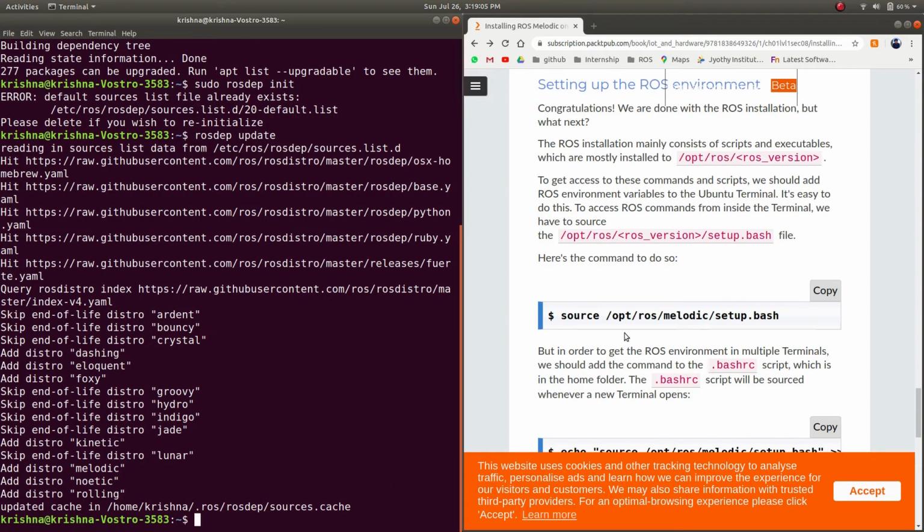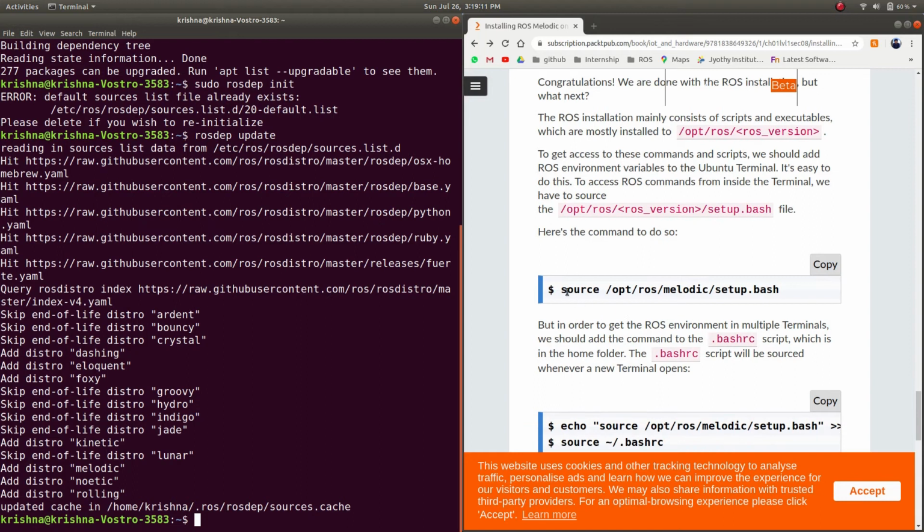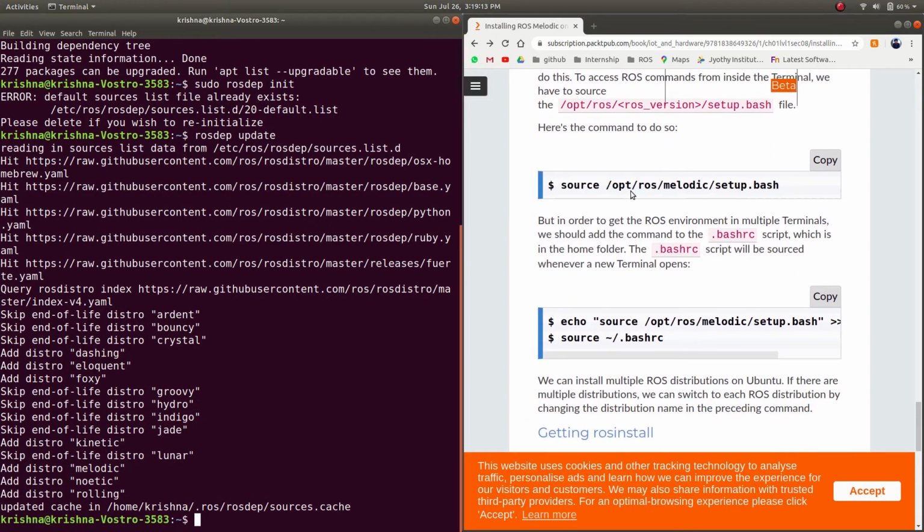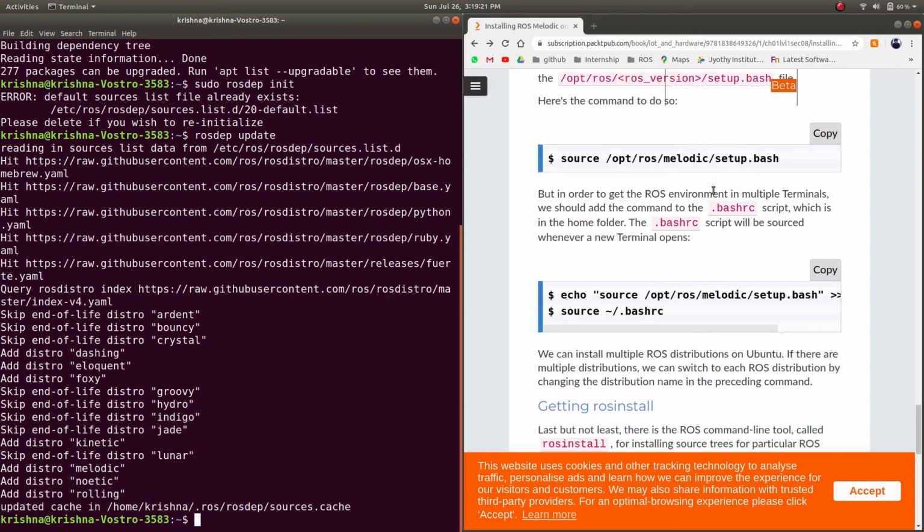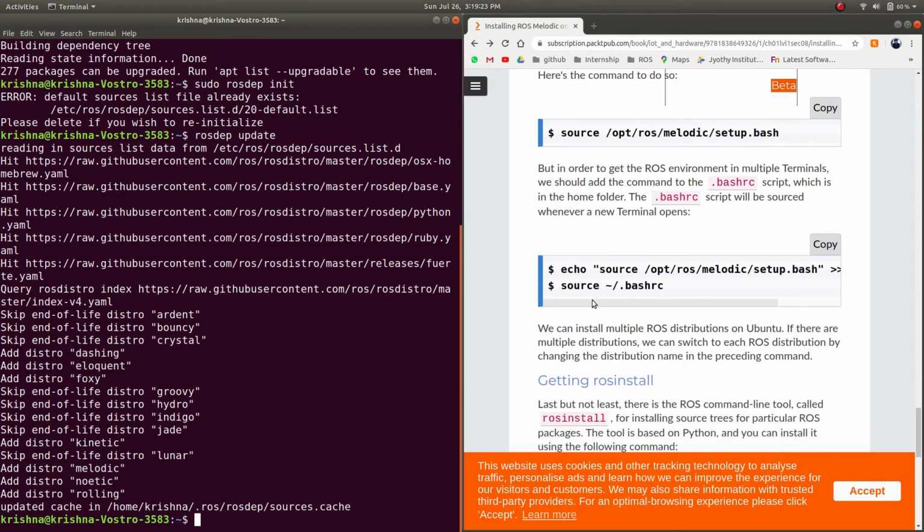And the next thing is to set up the ROS environment in the system. For that we need to source the path of the bash file which is present in the ROS melodic folder. You can run this command, or directly run echo source /opt/ros/melodic/setup.bash into your bashrc file.